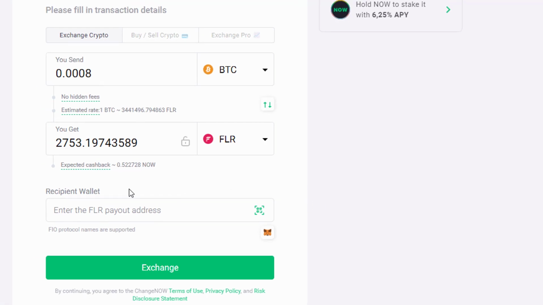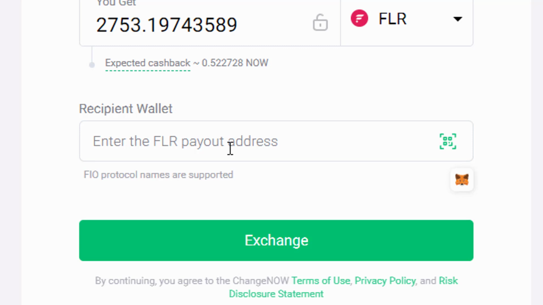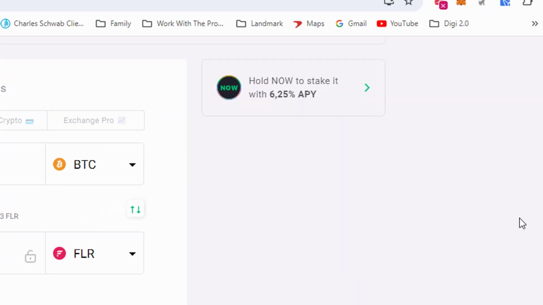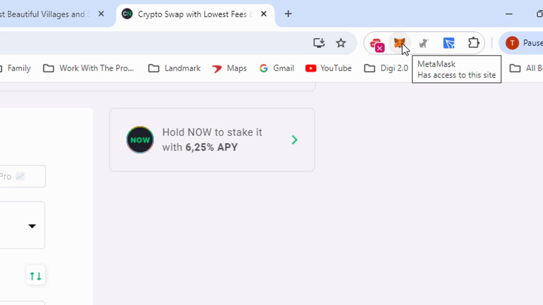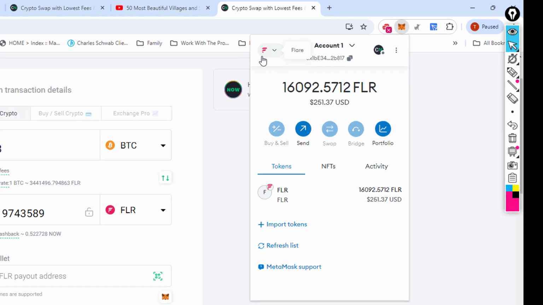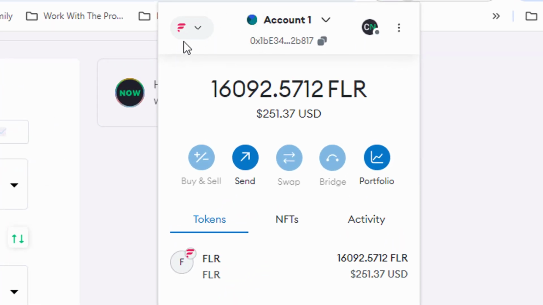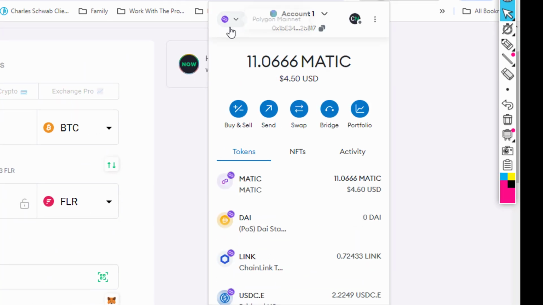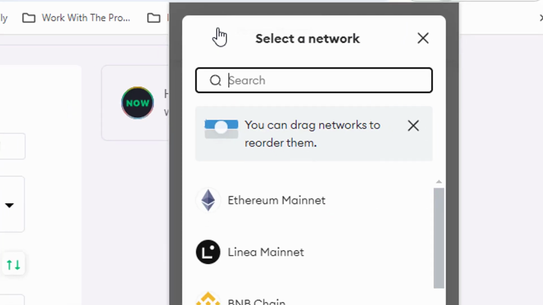Now what I need to do is put in my Flare payout address. There's actually Flare in Atomic Wallet. There's Flare in my Exodus wallet. Now, some of you may not have Flare in your Exodus wallet. I don't understand that, but I guess it depends on the jurisdiction that you're in. So I've been sharing with our training about using MetaMask. So I'm going to come up here to MetaMask. I'm going to left click on the little fox thingy. You see I'm on the Flare network. So you want to make sure you're on the Flare network and not, let's say, Polygon. You see the difference there? Okay, so I want to be on the Flare network.